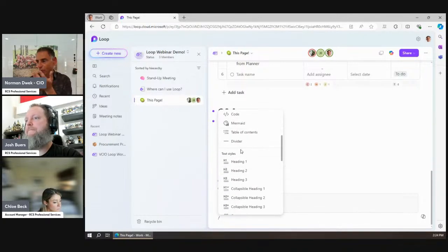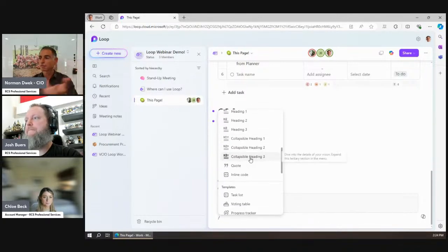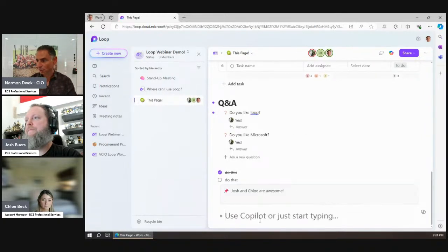A divider is just a line across. Styles, headings. A collapsible heading is, why don't I do that? Collapsible heading is